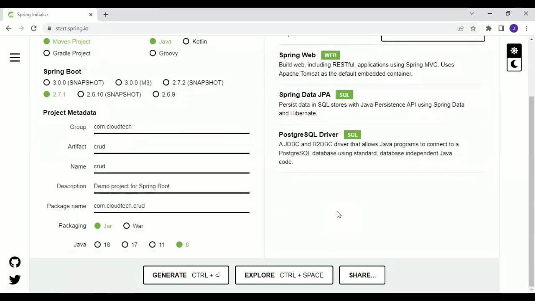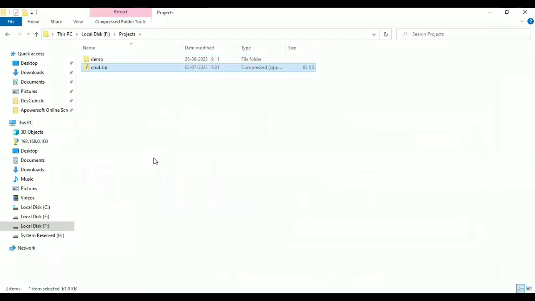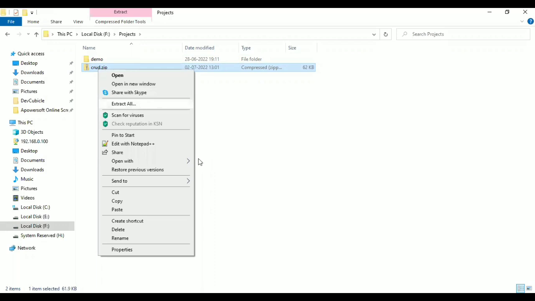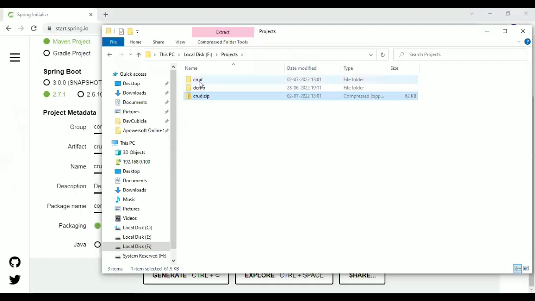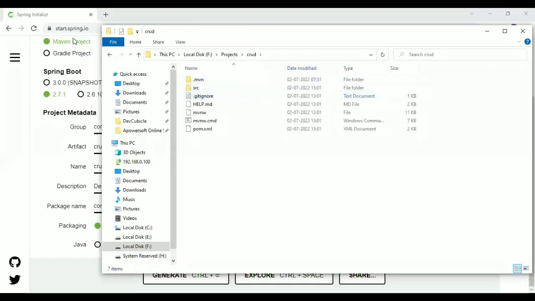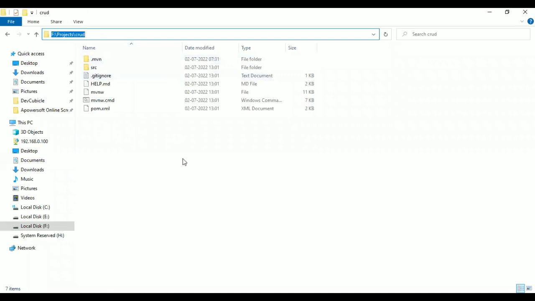So after doing all this, let's try to generate the project. So I clicked on generate the project. Once the generation is completed, the project gets downloaded in my downloads folder. So let's try to copy this to a different folder known as projects. I'm going to copy this and unzip it to extract it. I'm going to extract this within C projects and CRUD. So let's try to extract this. After extracting, I got a folder and I'm going to copy this path because I want to import this project